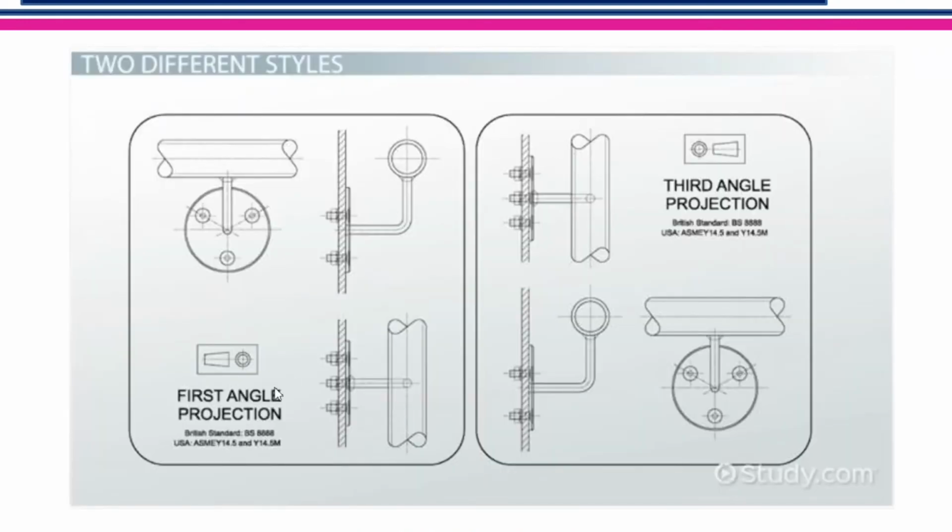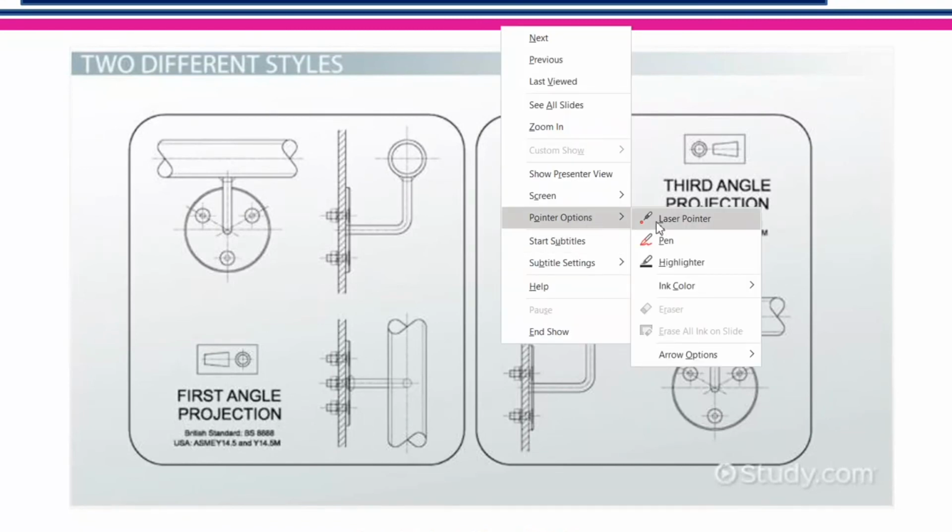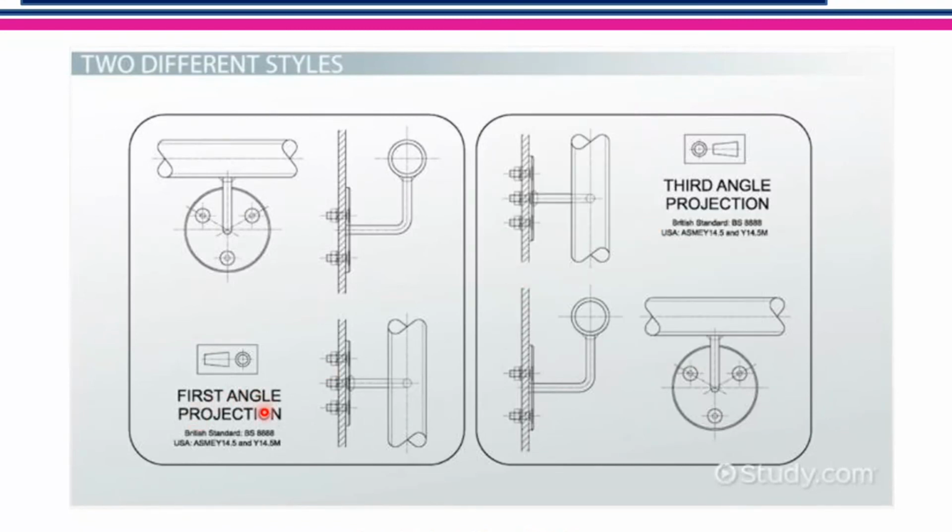So I have a few examples of first angle and third angle projection, which we'll see one by one. Okay, this is a component drawing. You see, directly they have mentioned it as first angle projection. But remember, in most of the drawings, the kind of projection will not be mentioned. What you will find is only this symbol. If it is right side concentric circles, it is first angle. If it is left side concentric circles, it is third angle.